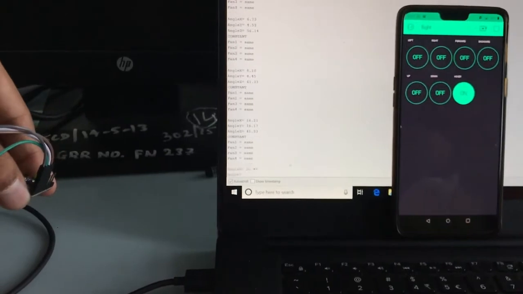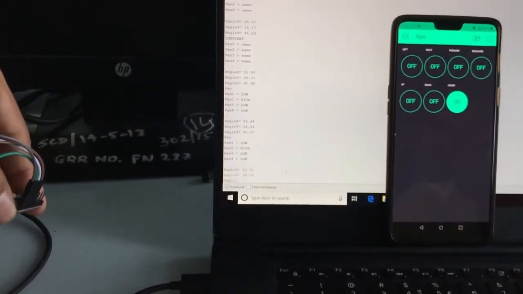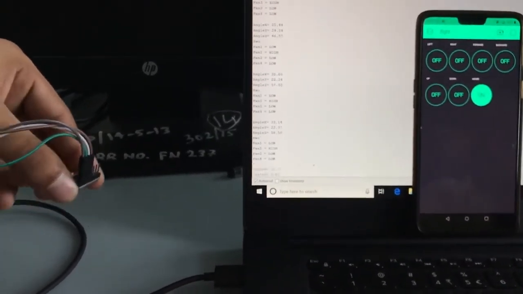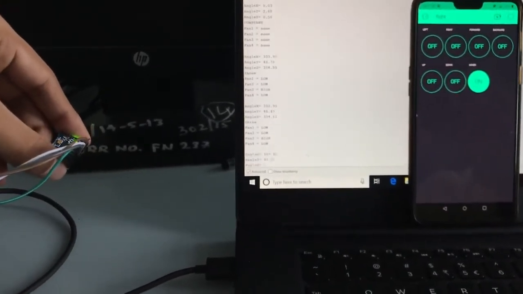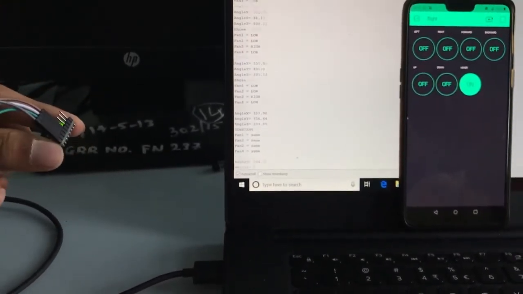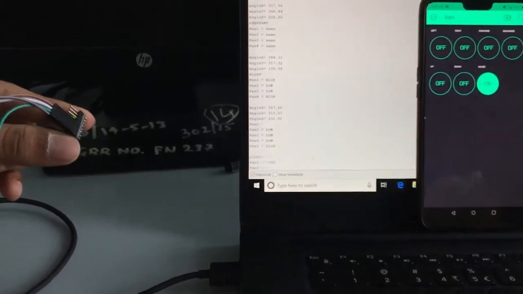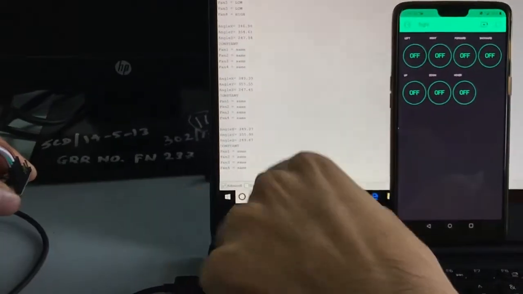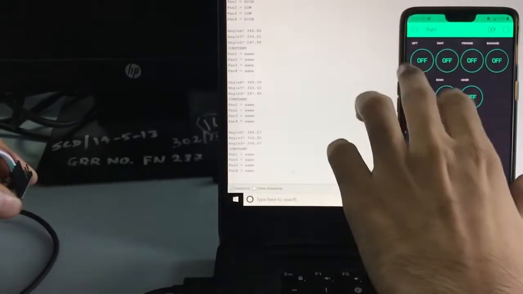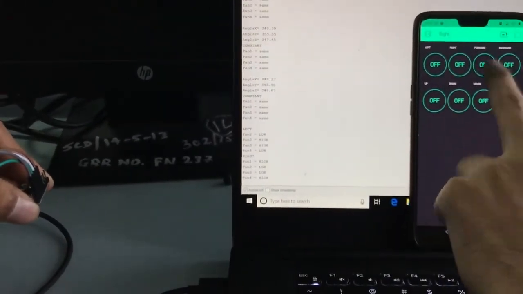This is fan 2 when we have tilted towards fan 2. This is fan 3 when we have tilted towards fan 3. This is fan 4 when we have tilted towards fan 4. And when we end the hover, it again goes back to the same. We can implement the same thing again.